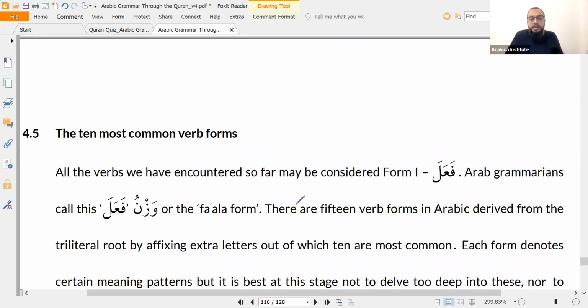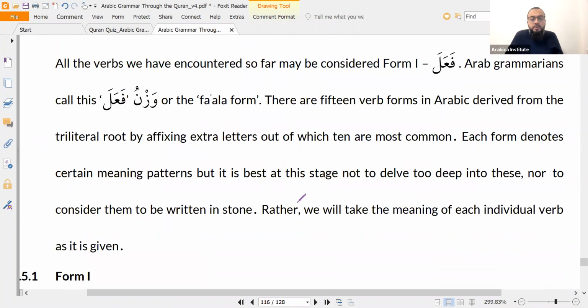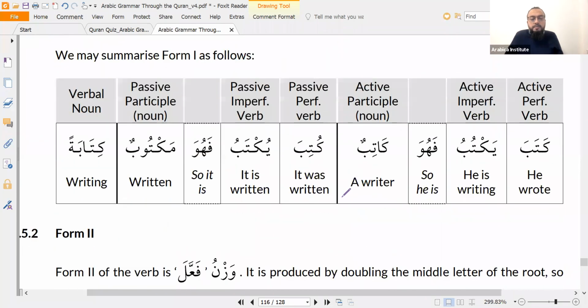So, right, and last but not least, the 10 verb forms. I'm not going to spend a very long time. I want you to just look at these yourself. What I've done here is I've done kataba yaktubu, perfect, imperfect for form 1. فهو كاتب. Then I put the ismul fa'il. Then I put your passive. Kutiba yuktabu فهو maktubun. Then the passive participle. So you've got a nice little sentence.